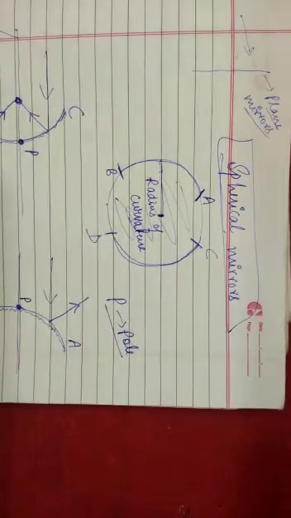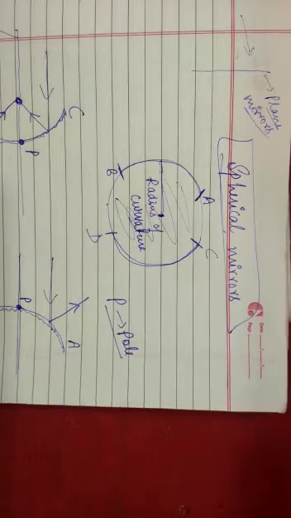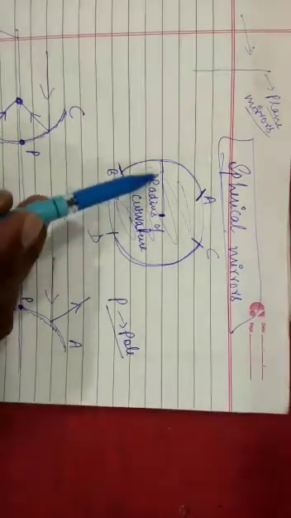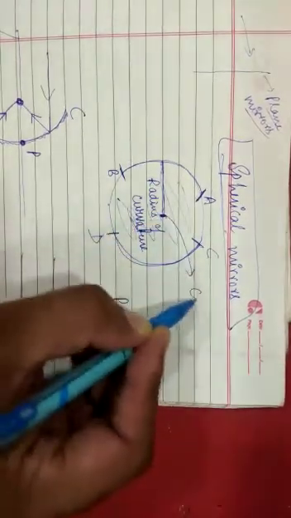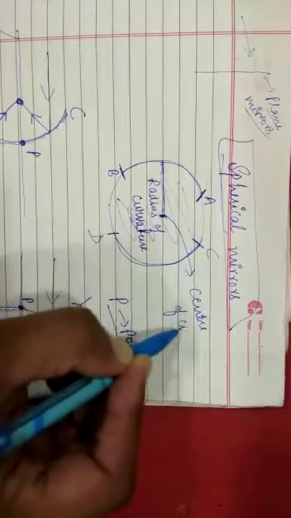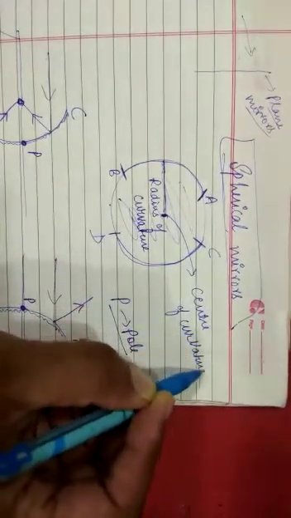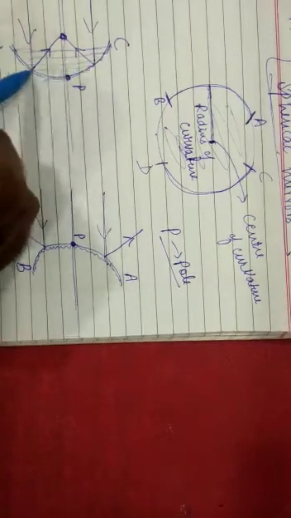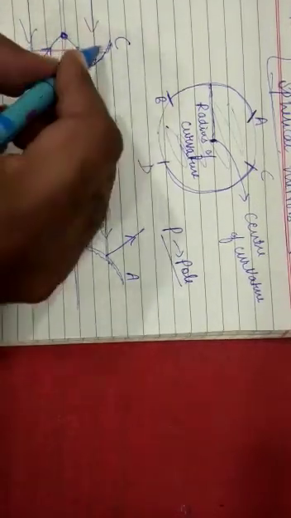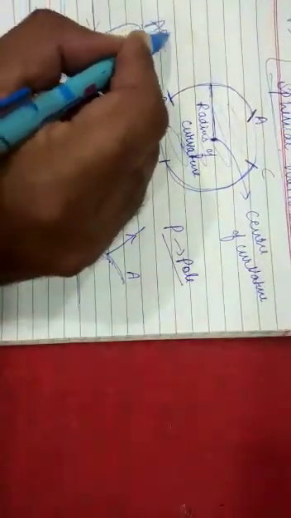Now these are some of the points which you have to remember forever to have the concepts exactly clear. So this is called the radius of curvature, and this is called the center of curvature. And the portion of the mirror from where reflection is actually taking place is called the aperture. Thank you.